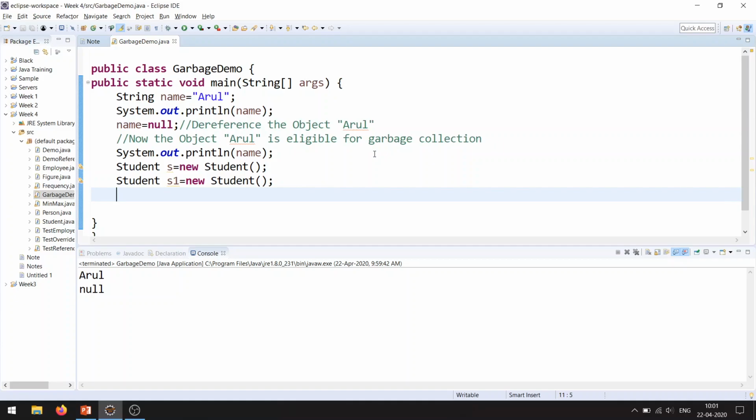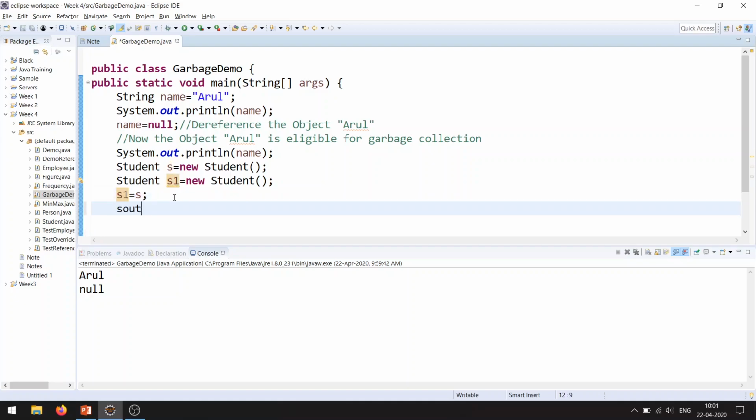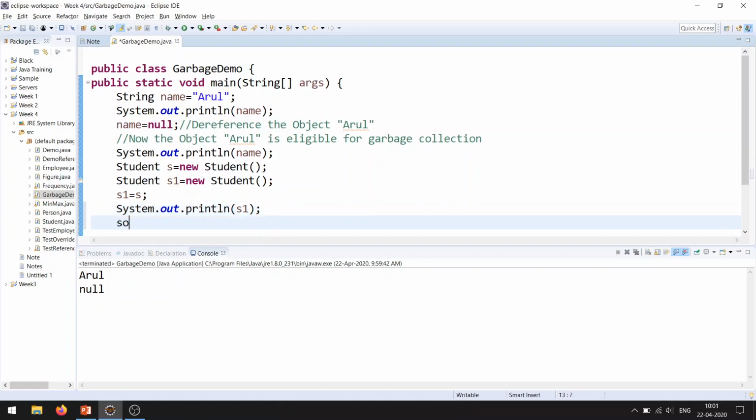Now I'm going to make a small change in the code: s1 equal to s2, right? What we have done here is we have taken the reference of s2 and assigned it to s1, right? Now I am trying to print s1 and s2. So s1 and s2 are references to the objects, right?